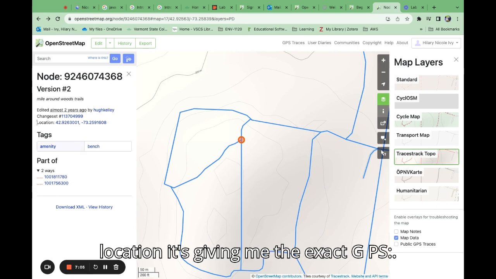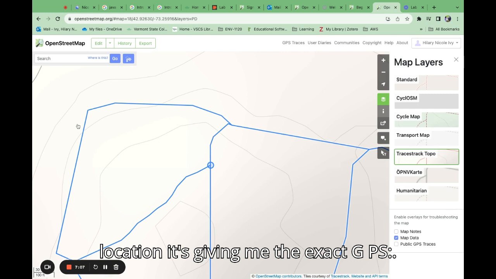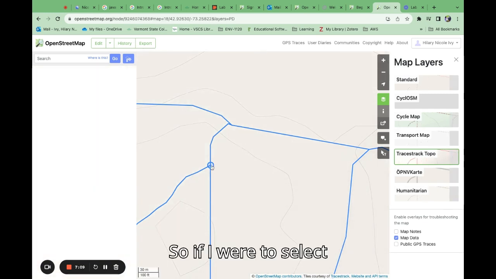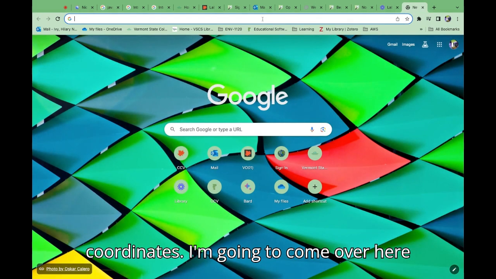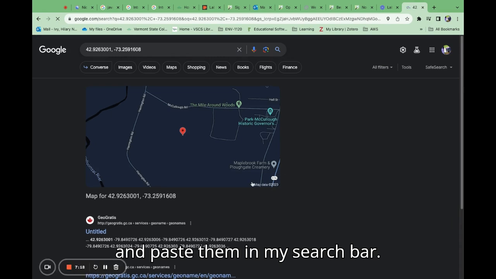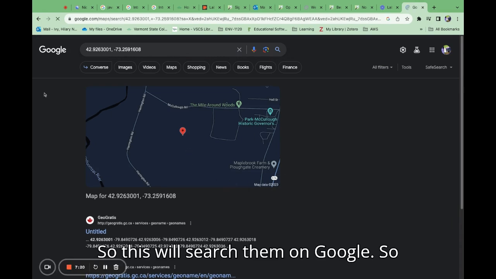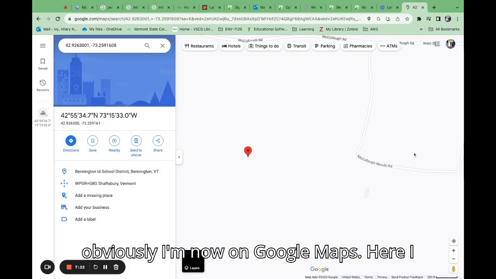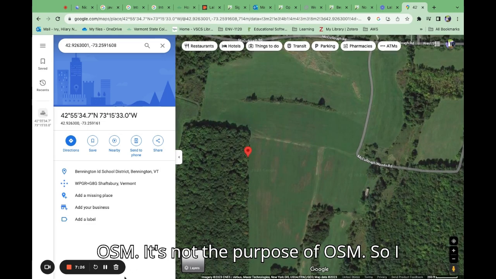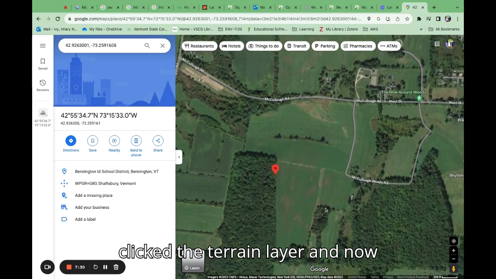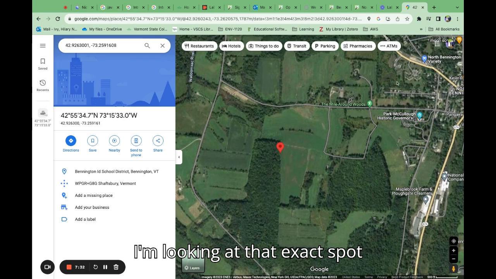So you'll see in the location, it's giving me the exact GPS. If I select this, I'm just going to copy these GPS coordinates. I'm going to come over here and paste them in my search bar. So this will search them on Google. Obviously I'm now on Google Maps. Here I have a terrain layer that I don't have in OSM. It's not the purpose of OSM. So I clicked the terrain layer, and now I'm looking at that exact spot,